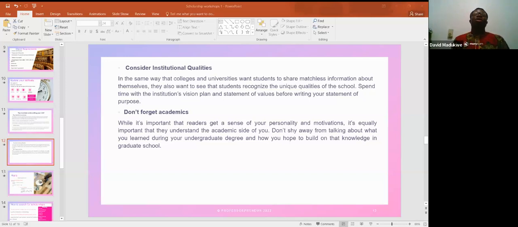But one thing I have to say here is, when you're checking out schools, check for schools that have a lot of faculty members, okay? Because if a school has many faculty members, they'll be able to get across to you. Or even if that particular professor doesn't have space in his or her lab, he can recommend you to someone else within the department that you can talk to. But if it's a small school or a small university, and it's only one person working in that area, and the person's lab is occupied, the person may not find reason to reply to you, because most of them are really busy.